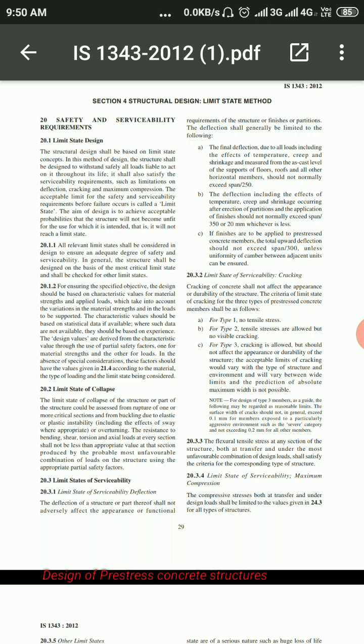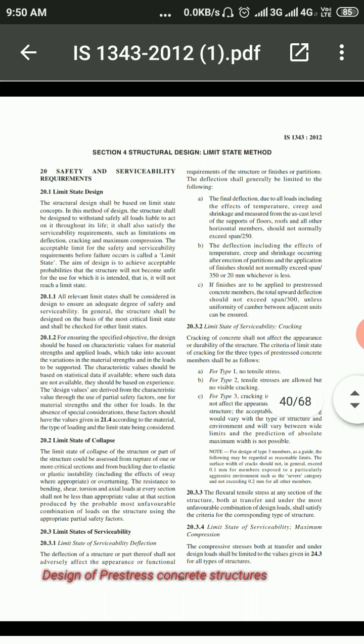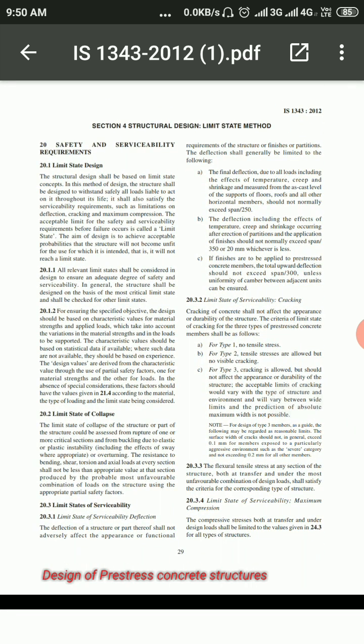We will start directly with the limit state method of design. I have opened the IS code here on page number 29, section 4, structural design, limit